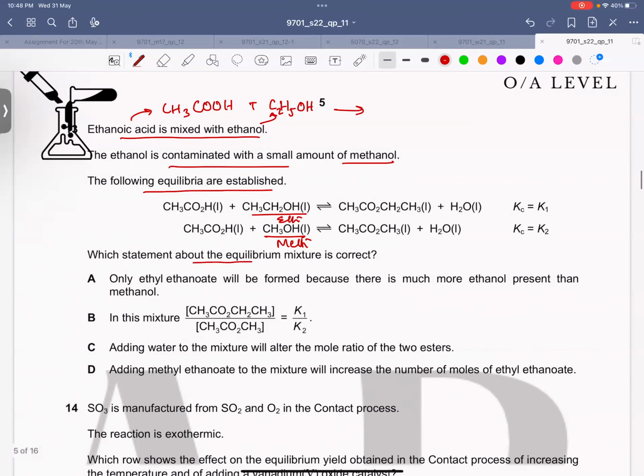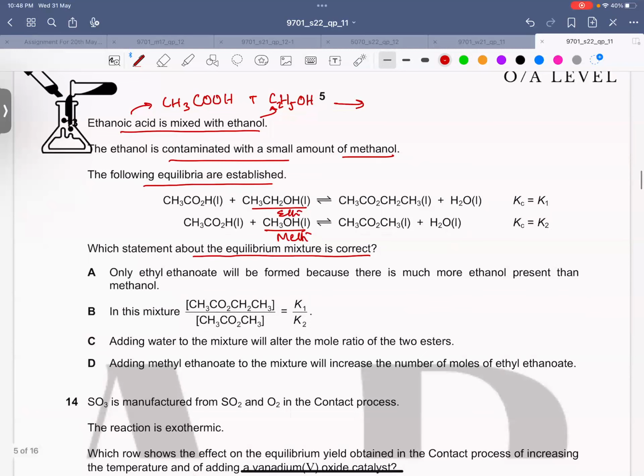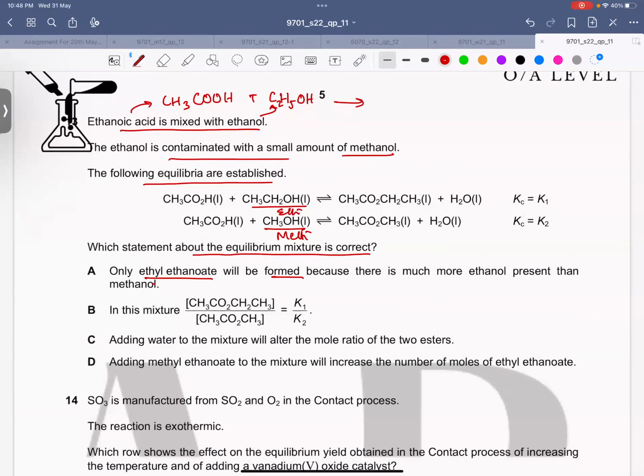Which statement about the equilibrium mixture is correct? Only ethyl ethanoate will form because there is much more ethanol present than methanol. Okay, this is question number 13. So this is not correct. Obviously, if there is methanol, it would also undergo esterification reaction and equilibrium would establish. In this mixture, concentration of